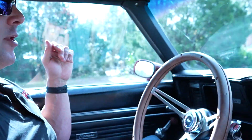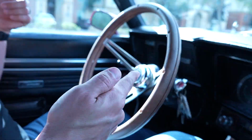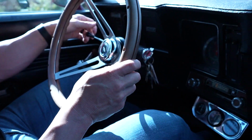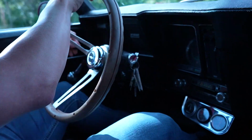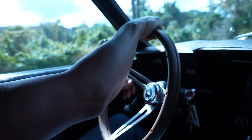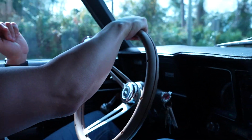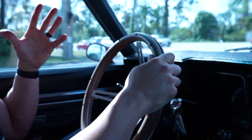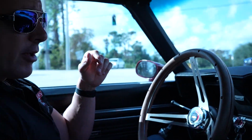Make sure I got nobody behind me. Brakes. Look at it. Steering wheel's not moving. We're not jerking to the left, jerking to the right. No vibration or pulsation out of the brakes whatsoever. I'm going to take the turn here. We're going to get it up to probably about 60, 65 miles per hour. Tranny shift's really nice. You probably won't be able to hear it in the video, but